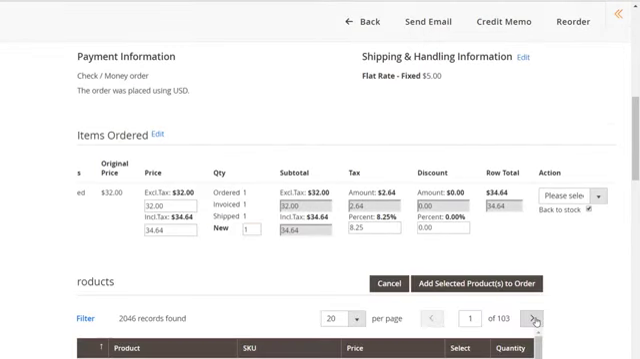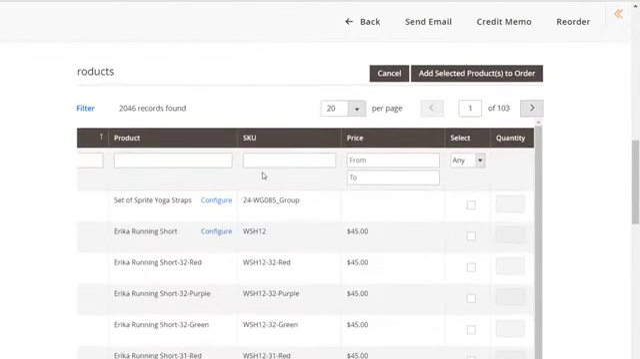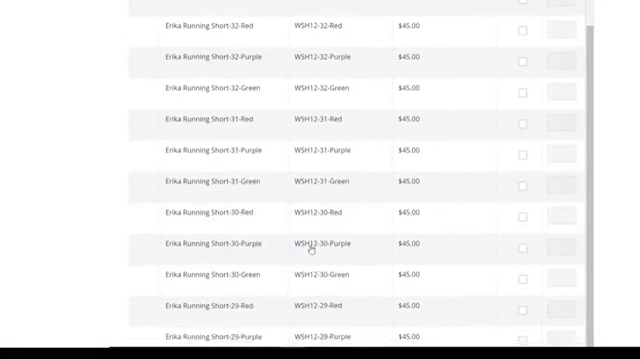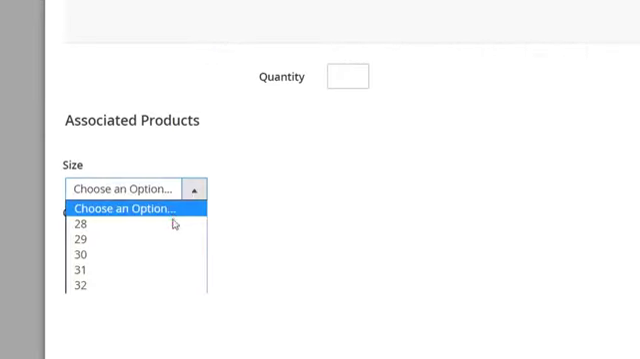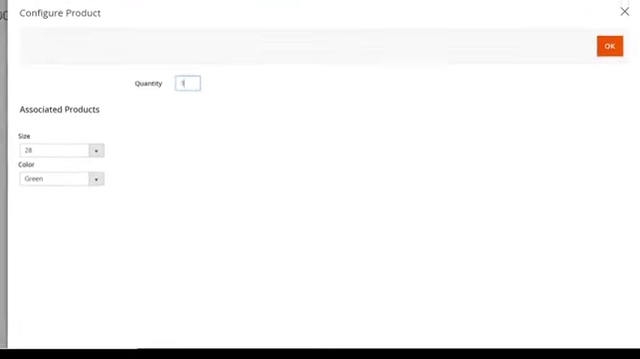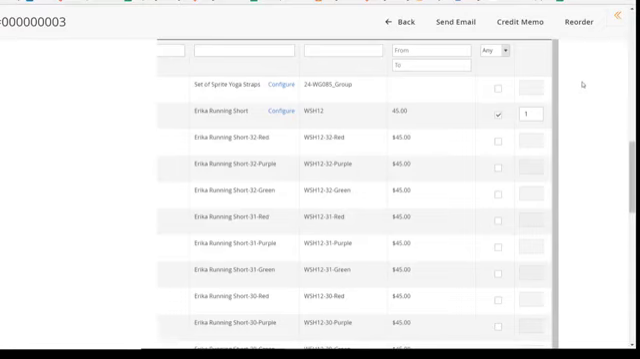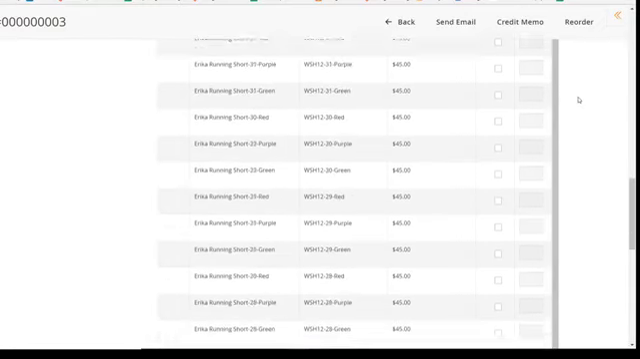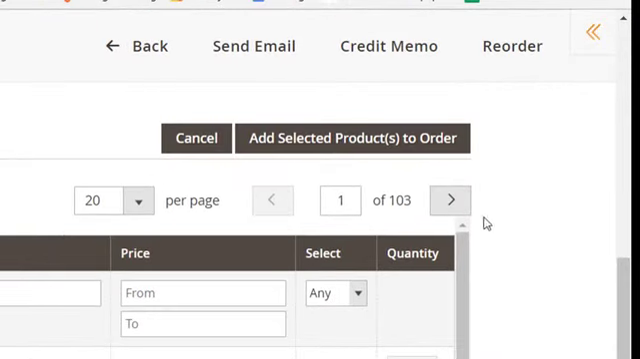After you click the Add Products button, a new grid will appear. Here, you'll be able to conveniently add any product to the existing order, as well as specify how many items you need to add. After you're done editing, press the Add Selected Products to Order button to include more items